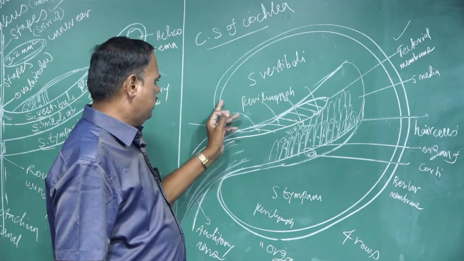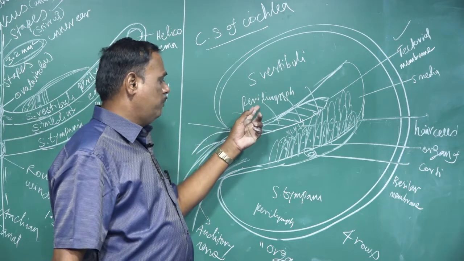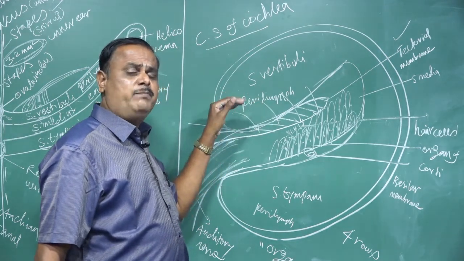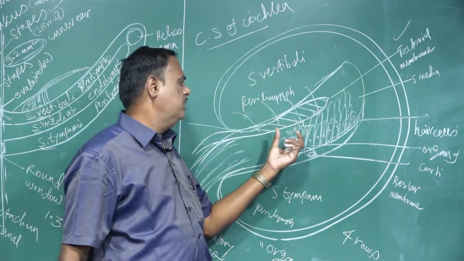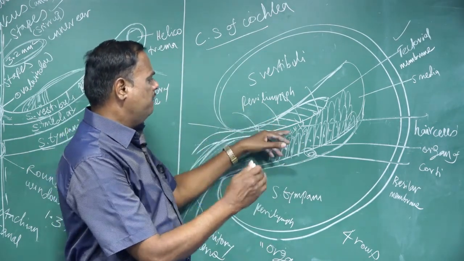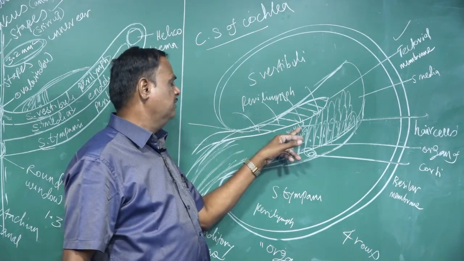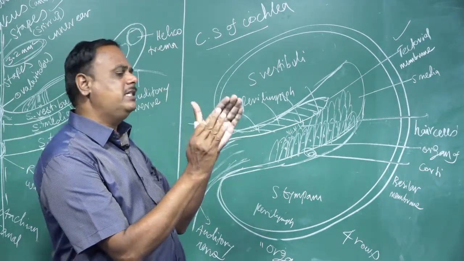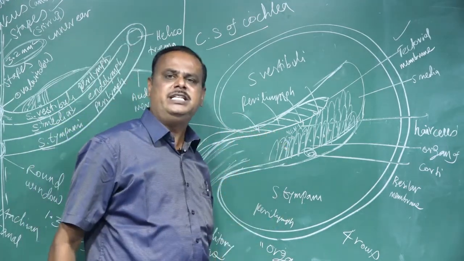The pressure waves enter the oval window of the scala vestibuli, which is completely filled with perilymph. Due to the perilymph, high pressure waves are created. The pressure then enters the scala media, which contains endolymph. When the pressure passes to the hair cells present on the basilar membrane, the hair cells bend, the tectorial membrane touches the hair cells, and due to the bending, an action potential is generated.